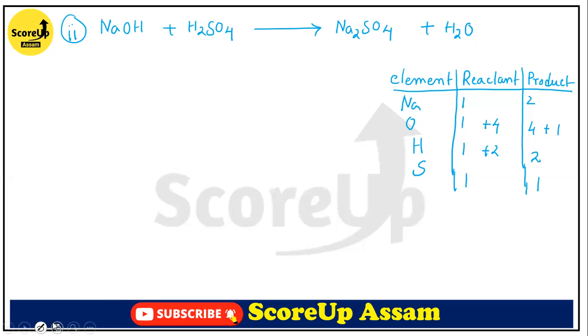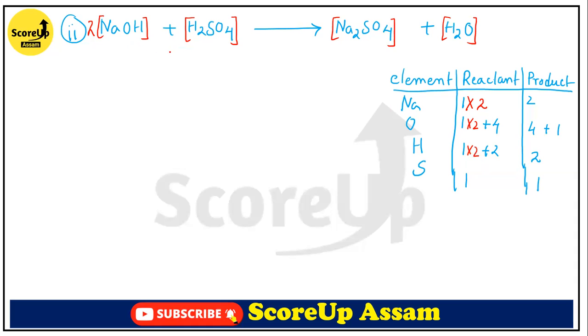Now to balance this, let's give brackets first. Whatever we do outside the bracket should not be within this bracket. Okay. So if we multiply 2 here, that means sodium will be 2. Now sodium is balanced, so that means 2 is multiplied with this compound in the reactant. Now this 2 is also multiplied with this oxygen, so here also we should multiply this 2. This 2 is also multiplied with this hydrogen, so here also we should multiply this 2.